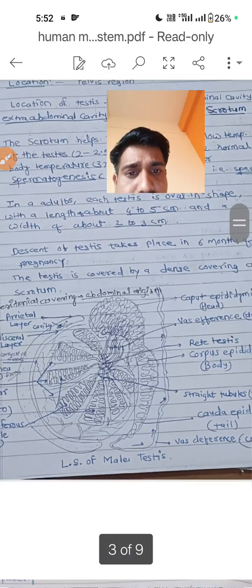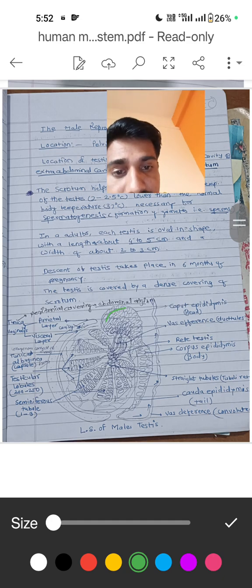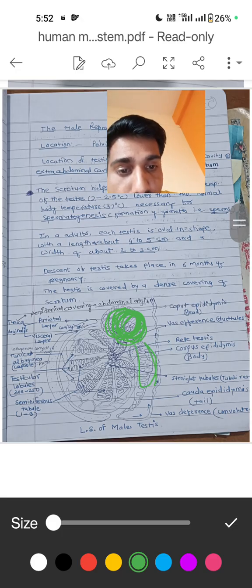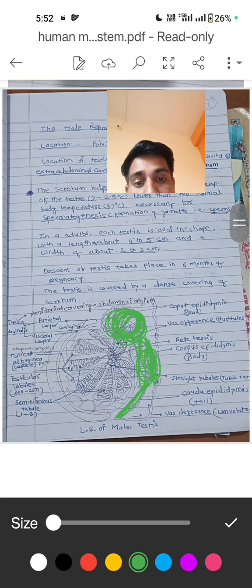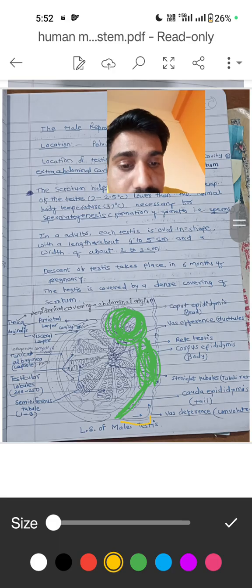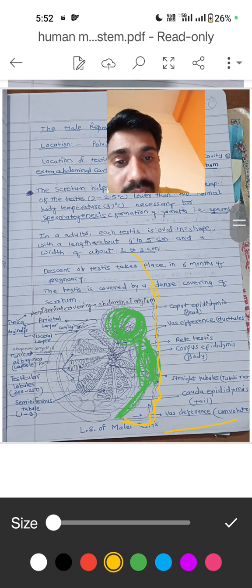The head of the epididymis is known as the caput epididymis. The body of the epididymis is known as the corpus epididymis. And the tail of the epididymis is known as the cauda epididymis. From the cauda epididymis there is a formation of a coiled tube known as the vas deferens. This is the vas deferens, and the vas deferens ascends into the